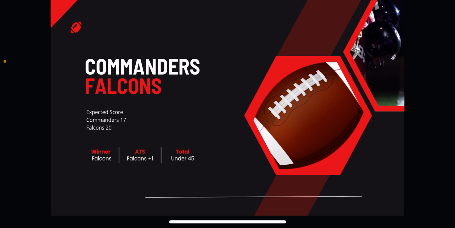So the Falcons with the win, the Falcons +1 on the spread, and then the under 45. Surprisingly enough, both these defenses have actually been relatively solid. The Falcons have actually held 2 out of the 3 opponents under the total, and the only one that went over was the Panthers. And again, a lot of that was just, for lack of better words, lucky breaks, where they threw a pick six, they fumbled, they gave them really good field position, they're starting from the 50, stuff like that that's not really repeatable, or at least shouldn't be.